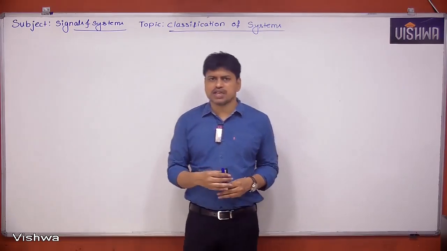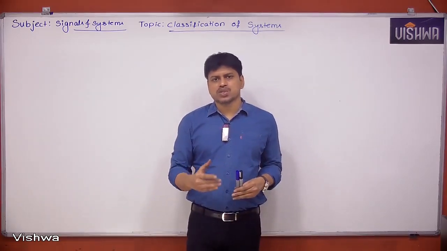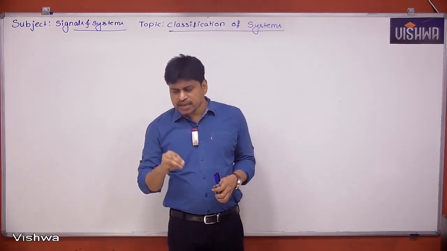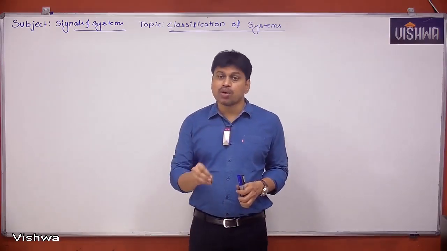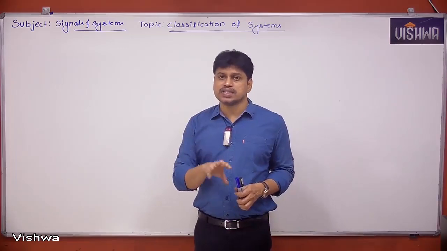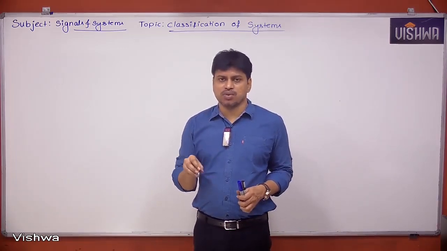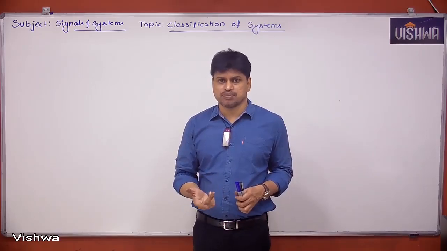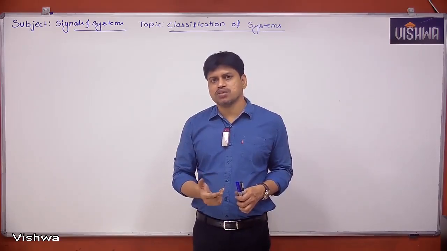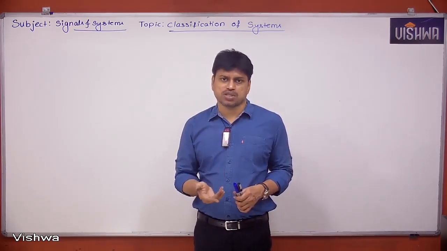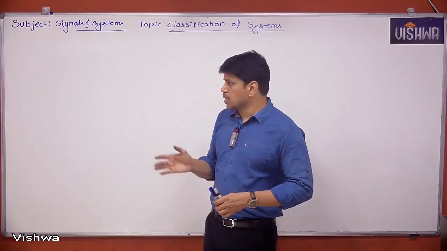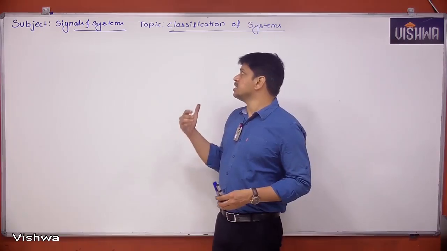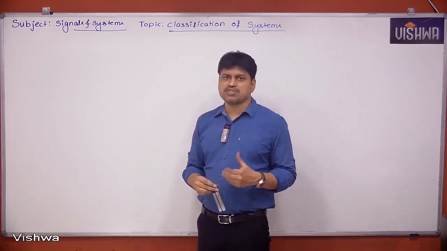In a more formal way, I can say a system is going to do processing on the signal. That means it can convert the signal into a more desired form. That's what the system is doing, and this is called signal processing. Understood? So what will the system do? Finally, it will do signal processing. I hope you understood. So that's about the definition part. It is not much important for us. Let's see now the next one, which is nothing but classification of systems.